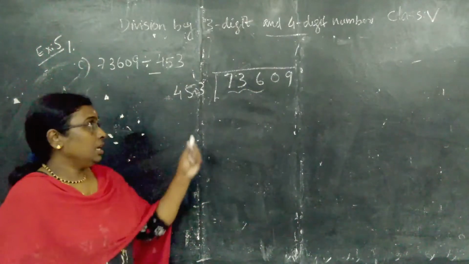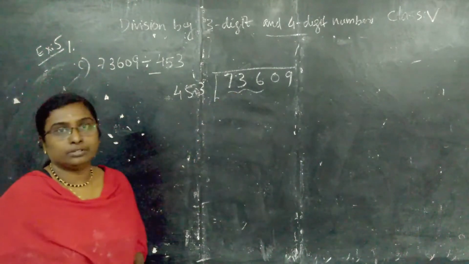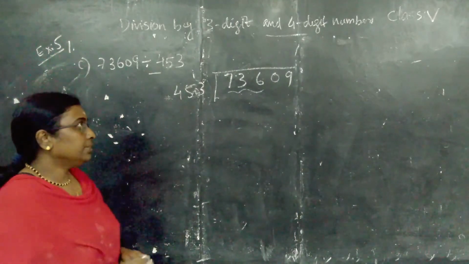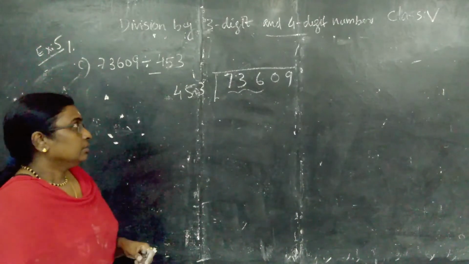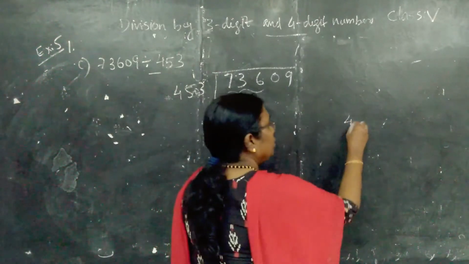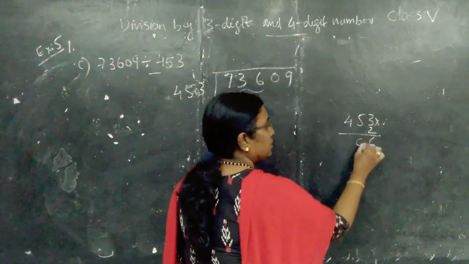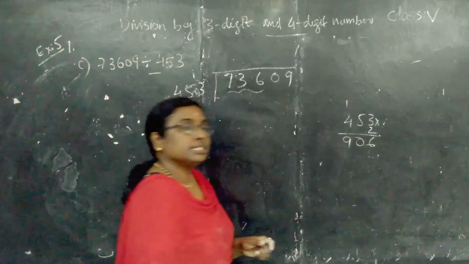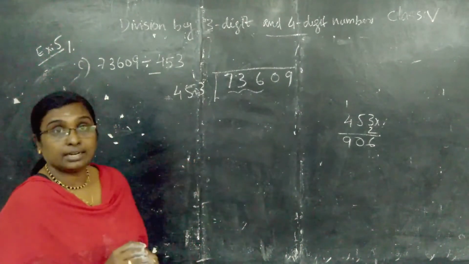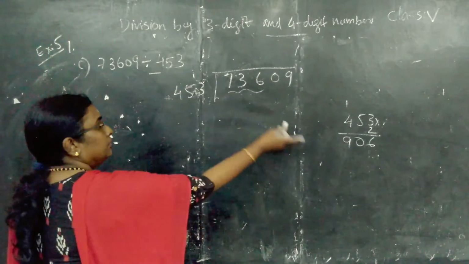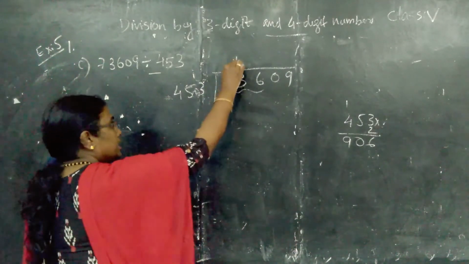Then find how many times 453 goes into this number, 736. Find the multiples of 453. 453 into 2 is 906. But 906 is greater than this number. So how many times? 1 time,